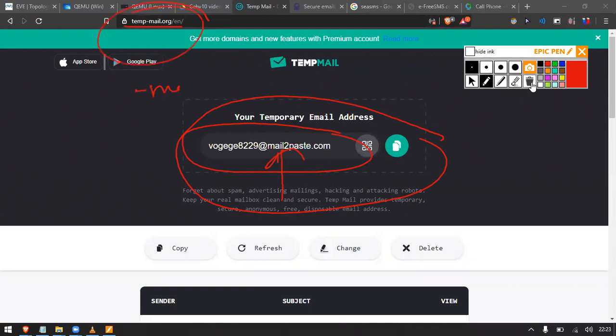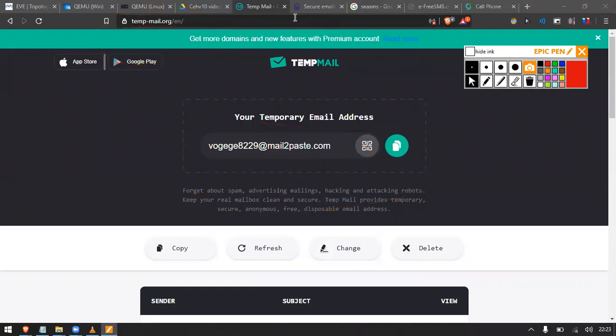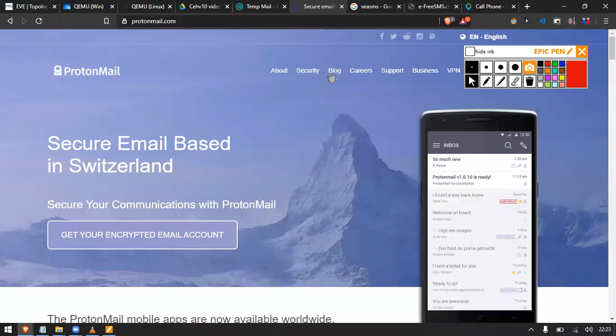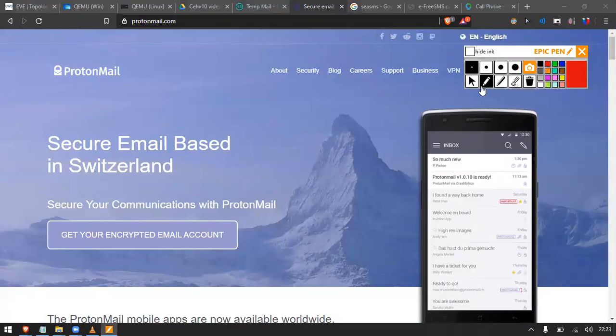Just note it. The next one similar to this is Proton Mail. Proton Mail is one of the most powerful mail services out there, which helps us to be anonymous on the mail side. It is based on the dark web, and it uses onion routing. Onion routing is a kind of routing which the US Navy used for sending messages in World War II or something, but it is still available.